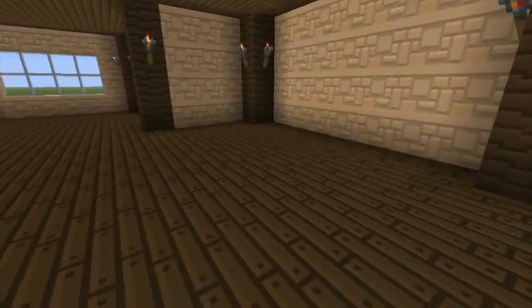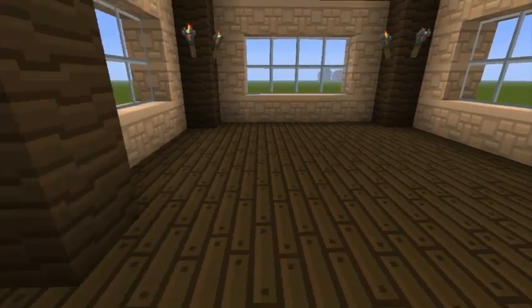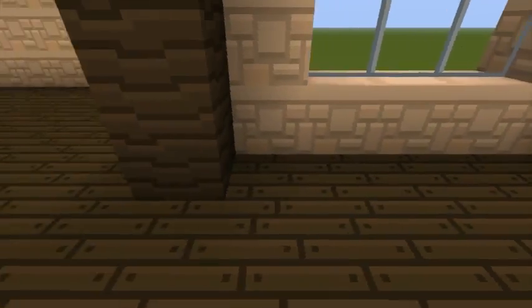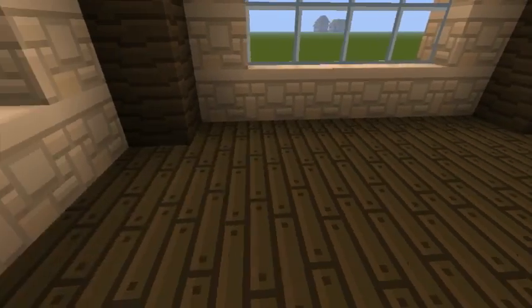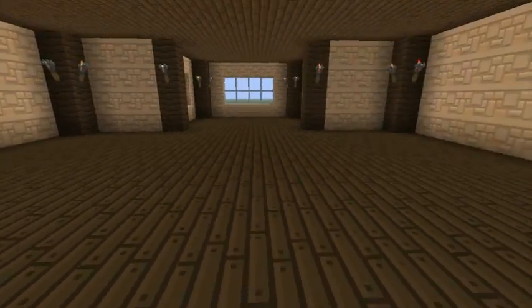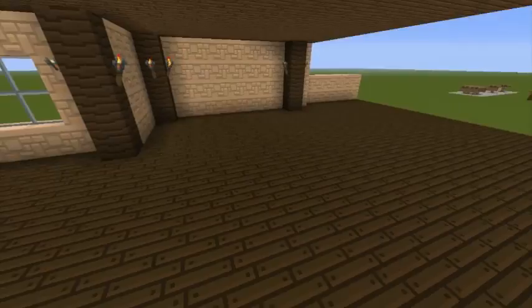Now, when it comes to interiors, essentially what you're doing boils down to breaking up the spaces into smaller subcompartments. This one is somewhat done already, but lines such as carpeting will help that greatly. This one's a bit larger, so it's going to need some kind of separation. Again, going really basically,